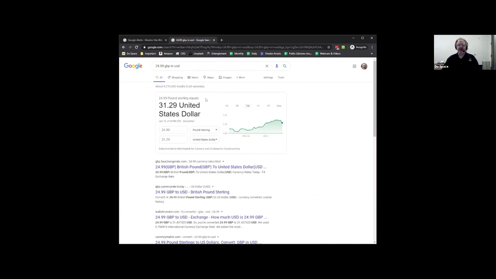So there we go. Right now, at this moment, £24.99 in pounds is equal to $31.29 in dollars. And look at this, we get our options again, so we can change our currencies. There's dozens and dozens of currencies in here. We can change our amounts. But then since this is a currency thing, we actually get a chart of how that currency value has changed